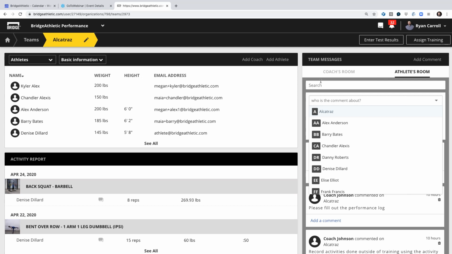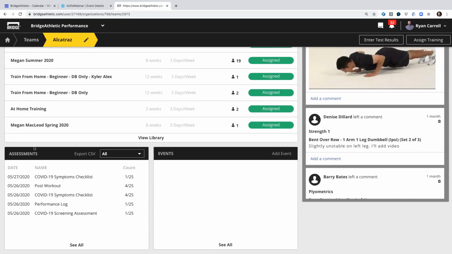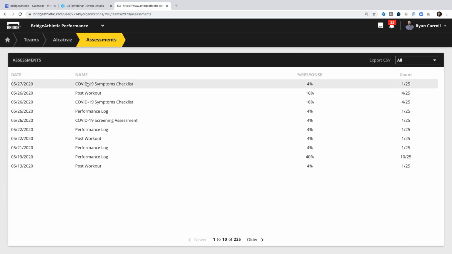The next thing we are going to jump into that's part of managing your team, managing your data, is down here at the bottom. Here is where all of your assessments live. I'm going to gloss over some of these. If I click all, now I can pull up all of the assessments I've done with this team,